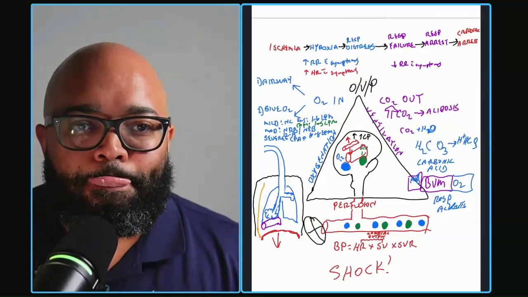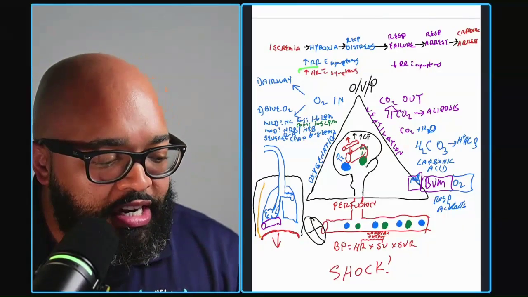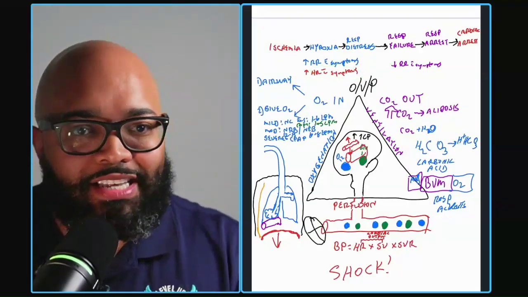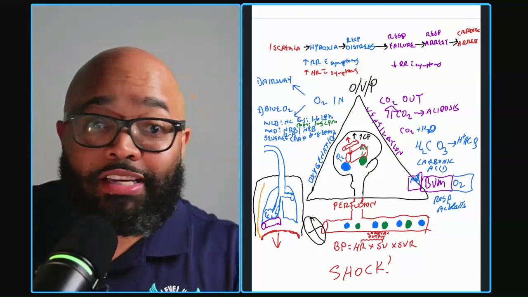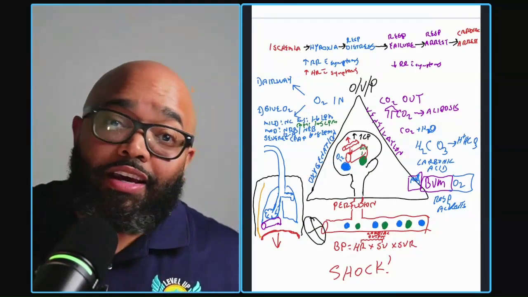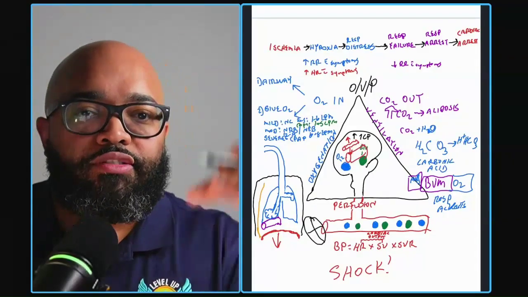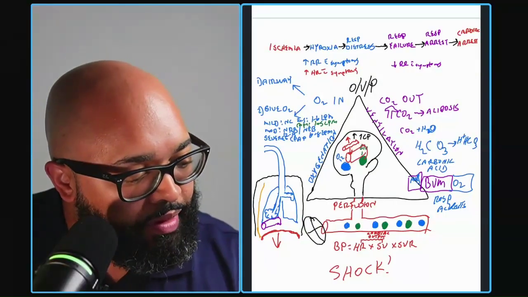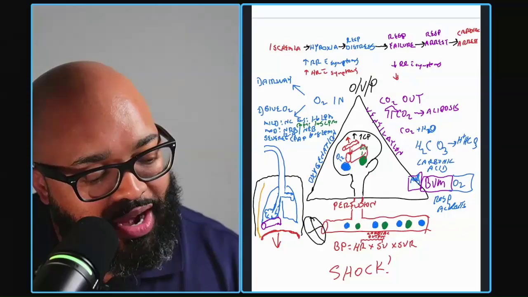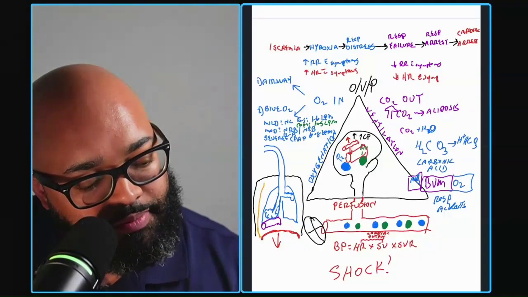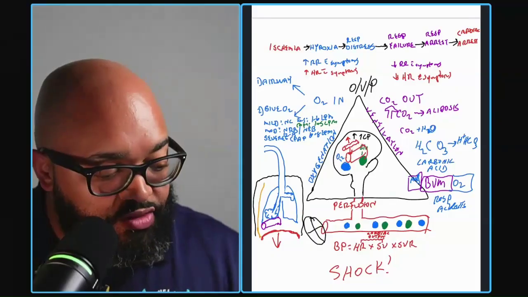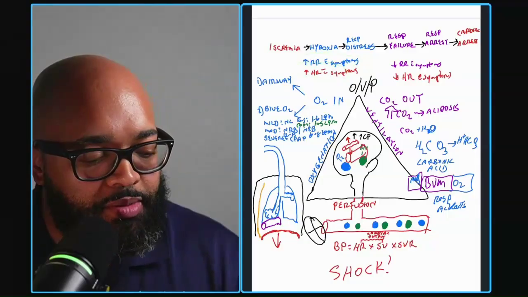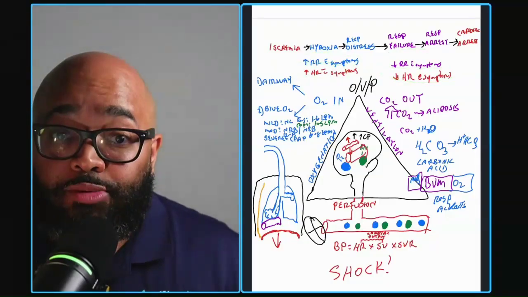Does that make sense? The same thing with the heart. So initially, the heart rate is up. But as the heart gets tired, it can't keep up anymore. The SA node is like, hey, look, I only like going 60 to 100. All this 150, you're stressing me out. So the heart rate starts to fall after a while. This is why later in shock, you're going to have bradycardia. You're going to have a decreased heart rate with symptoms. Okay? So, but just from this one picture, we've talked about why you have increased heart rate with symptoms, increased respiratory rate with symptoms, why you'll later have a decreased heart rate and respiratory rate with symptoms.